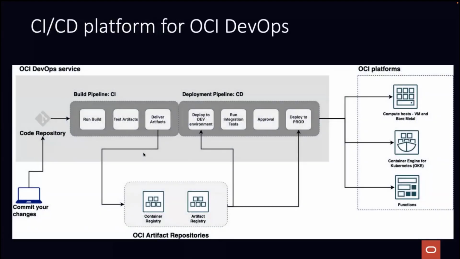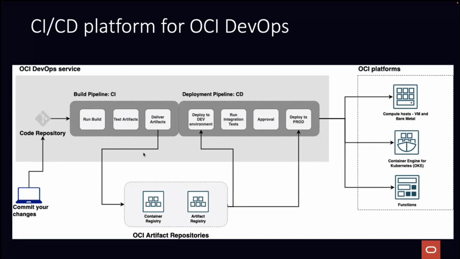When you're going with the CI/CD platform for OCI DevOps, this is how the DevOps service works in Oracle Cloud Infrastructure. We have a code base where you commit your code changes. You can push into GitHub or Bitbucket or any other third party, or we have our own code repository for OCI DevOps. We have two basic pipelines. The first one is the build pipeline, which is for continuous integration, and the second is the deployment pipeline